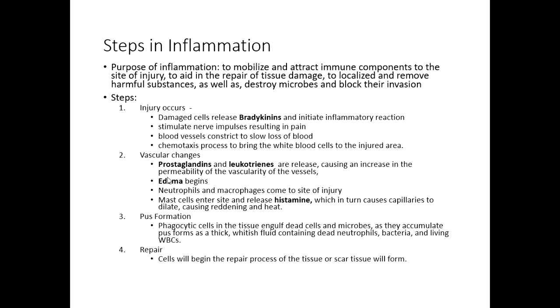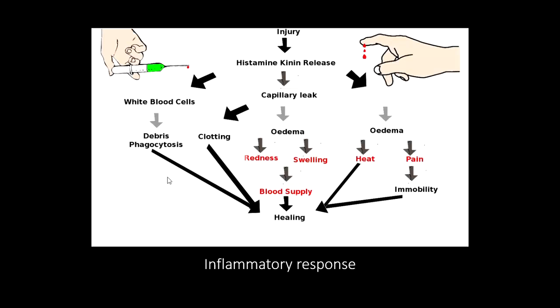The second stage in inflammation is called the vascular changes. And there's two things to the vascular changes. It's not only blood flow change, but it's also fluids, interstitial fluid changes, okay? So the chemicals that are responsible for this are prostaglandins and leukotrienes and histamine, okay? So once the bleeding has kind of stopped or has been slowed enough, the prostaglandins and leukotrienes are released, and then what that does is it tells the tissue to increase its